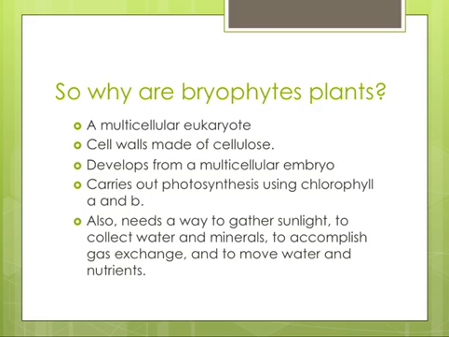Bryophytes have cellulose. They develop from a multicellular embryo, and they carry out photosynthesis using chlorophyll A and B. So again, that was different with protists. Some protists use different photosynthetic pigments, but here all plants use photosynthetic pigments A and B. Also, bryophytes have a way to gather sunlight. They have those leaf-like structures. They collect water and minerals using the rhizoid, or the root-like structure. They accomplish gas exchange through their leaf-like structure, and they move water and nutrients using the properties of water themselves,